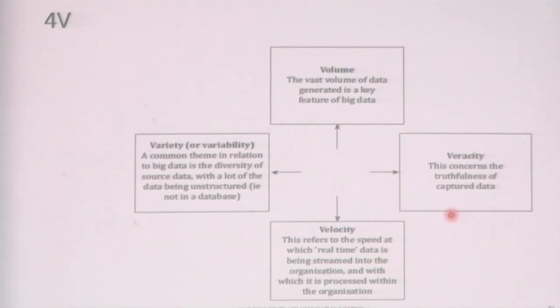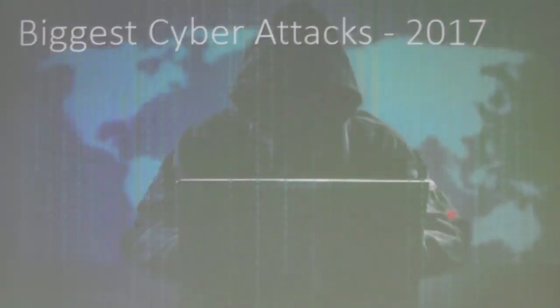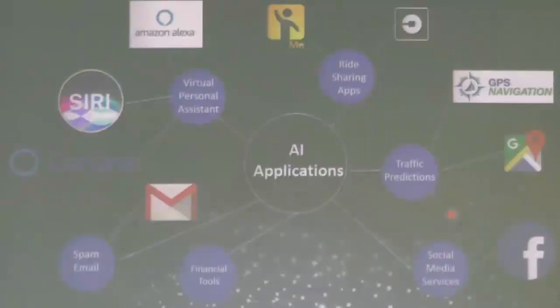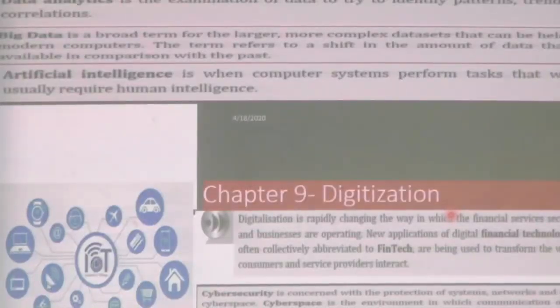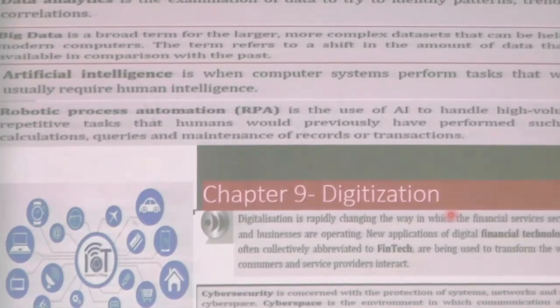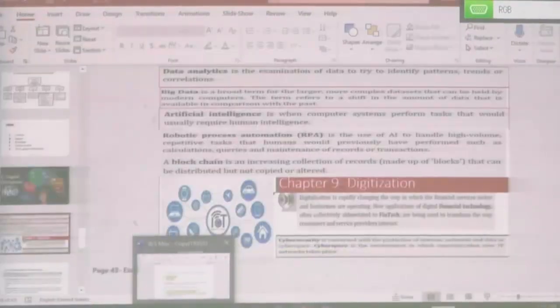So, I think I gave you some introduction, some basic knowledge for you to read that chapter, and I am sure with this knowledge you can easily answer those questions. So, I go back to my main slide where I asked you to write down these concepts: fintech, cyber security, AI, data analytics, RPA, blockchain. And now we will see those 5 questions. I am sure they should be easy for us to answer.